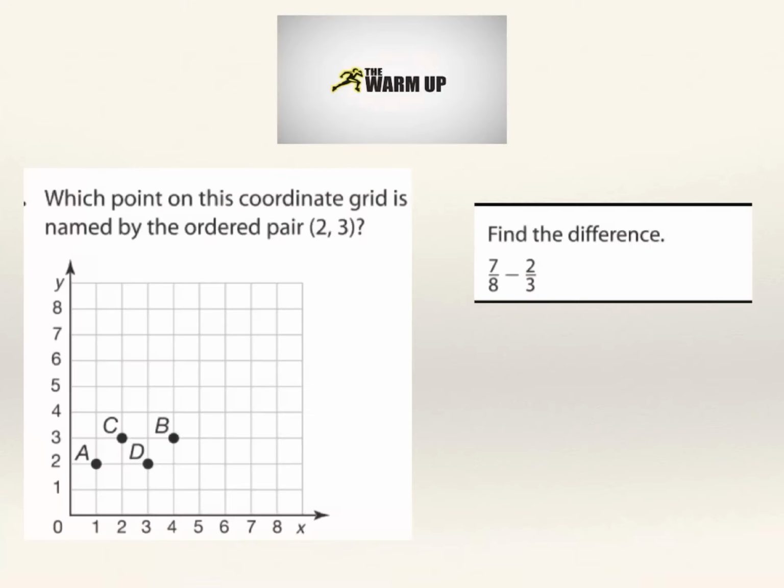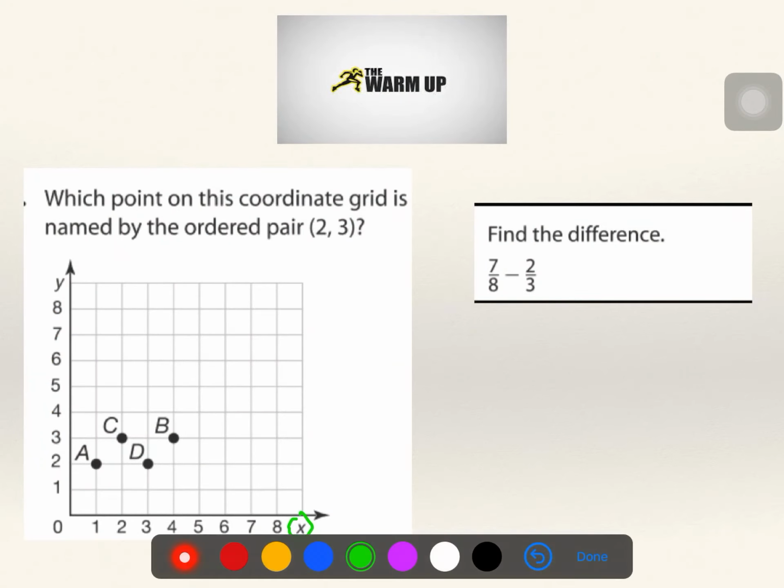Which point on this coordinate grid is named by the ordered pair 2, 3? If you answered C, you are correct. The ordered pair is always written with your x coordinate first and your y coordinate second. So when you're looking at 2, you're going on the x-axis, this x number line, over 2, and on the y-axis, this y number line, you're going up 3. And that is how you end up at